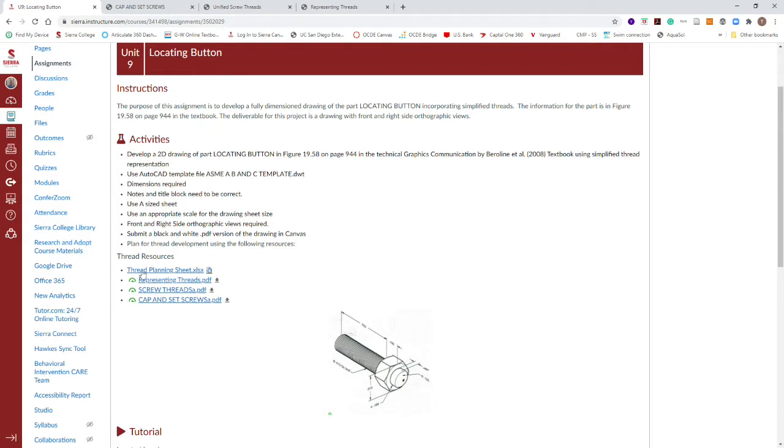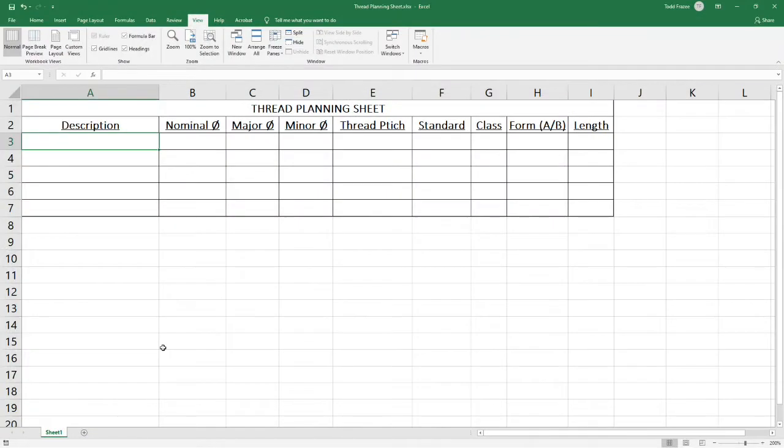So we've created this thread planning Excel sheet, and if you bring it up, it'll have several fields you'll need. And some of this information is more information you need to do the call out, but you're going to need it for modeling purposes.